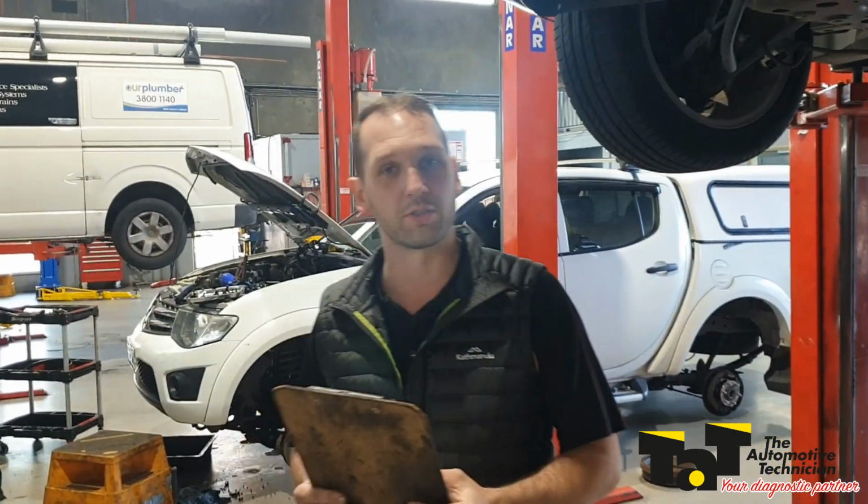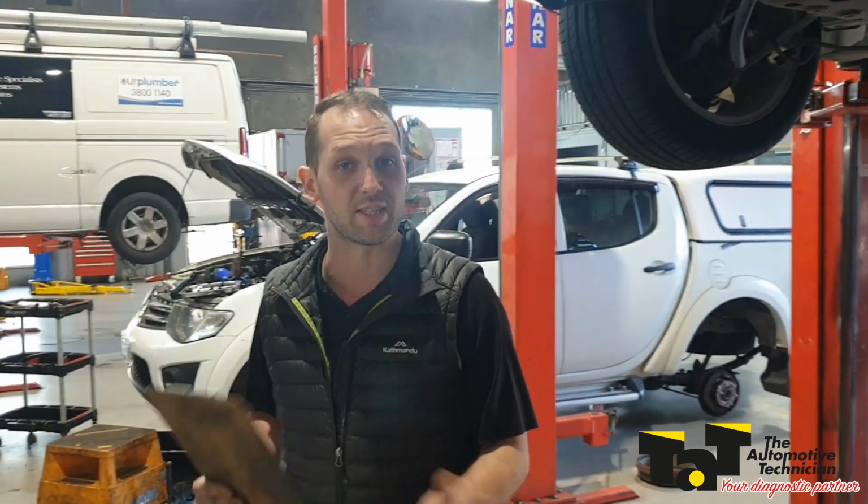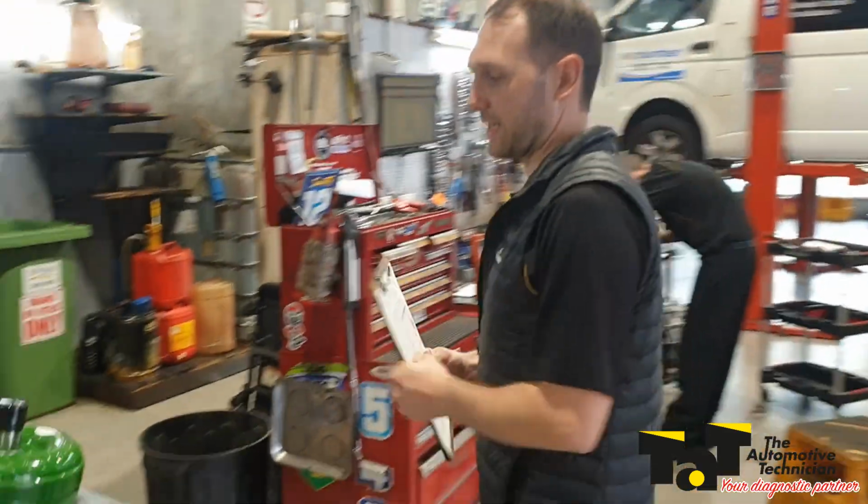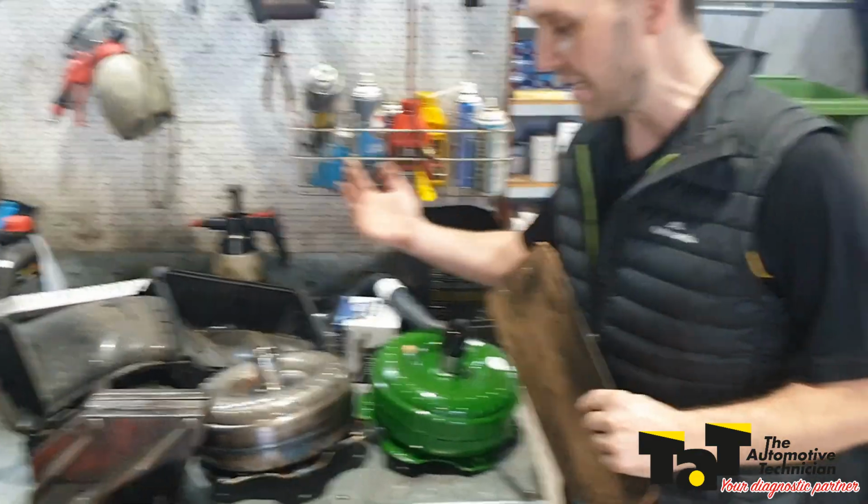So it's the 6L family of transmissions that you'll find on these GM vehicles that tend to do this. We were first put onto it by a TaT member that does automatic transmission repairs. So you know, the community of TaT really helps out, because I myself am by no means an automatic transmission specialist. But to give you an idea, the torque converters themselves, which you can get Rico units, I believe,